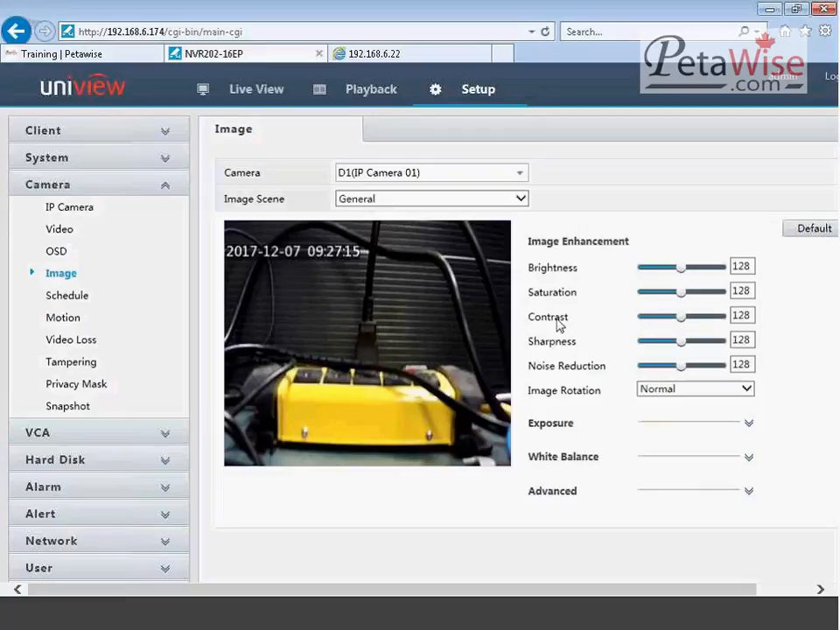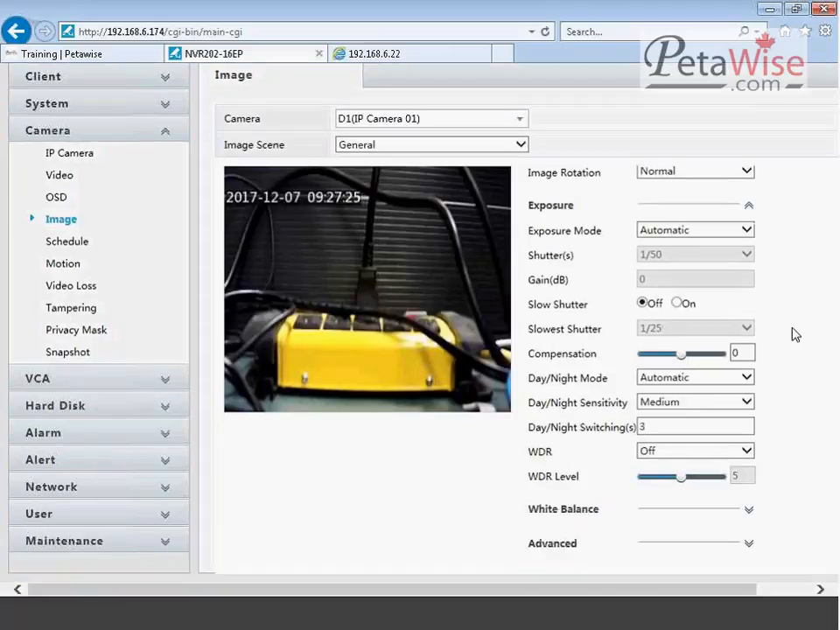And so, of course, we have all these image enhancement parameters. You can adjust brightness, saturation, contrast, sharpness, noise reduction, all that of the video. And exposure here is actually where we control most of our infrared settings. So the infrared settings here are controlled under day-night mode. If we have day-night mode automatic, that's the default setting, and that'll mean that the camera is going to be switching between